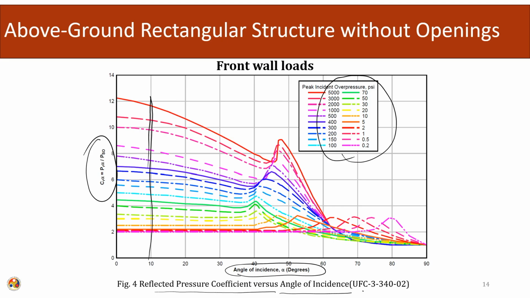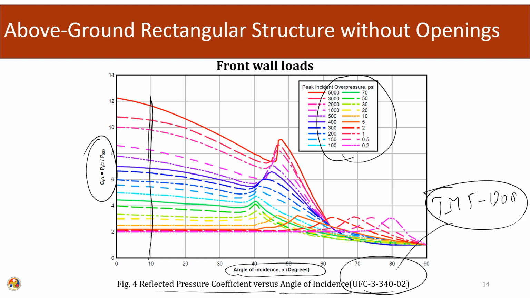All these curves are given in UFC 3-340. Similarly, they are also present in TM5-1300, and everything has now been ascribed into UFC 3-340. So, these curves can generally be used for design purposes. The good thing about this manual is that there are a lot of curves, and each and every type of blast loading, free air blast, air blast, surface blast, confined blast, everything has been categorized and the curves have been neatly presented.